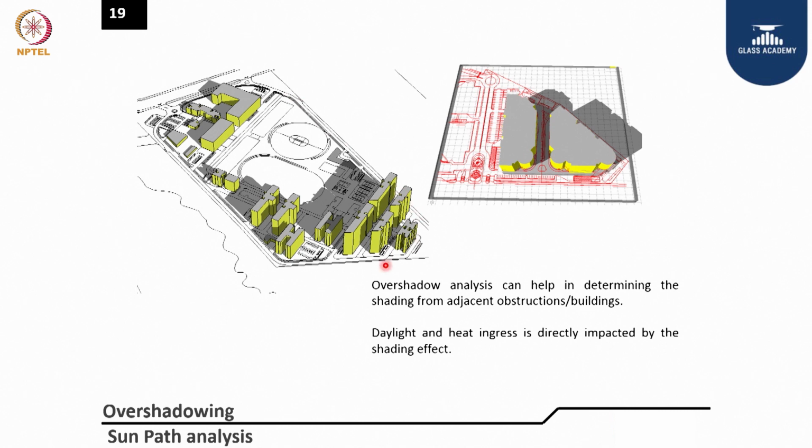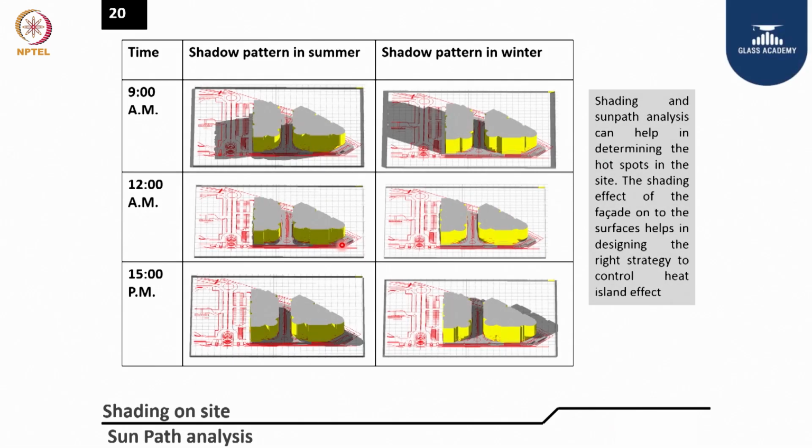Moment you have this master plan ready with the building elements, you can adjust your orientation a little bit and get the best out of this kind of campus design by doing overshadow from building to building and get benefit out of it. And this shadow pattern you can study at 9 a.m., 12 and 15, how the sun angle is moving and the shading is getting shifted from one place to another. Slowly you can see which direction it goes. So ideally we have to study for the worst day in a year, March, April, a few days we have to study and see how this is having impact.